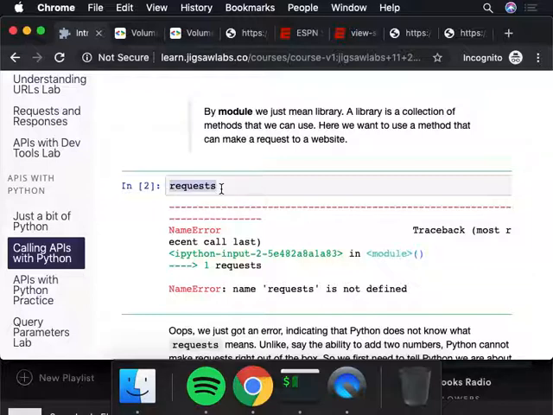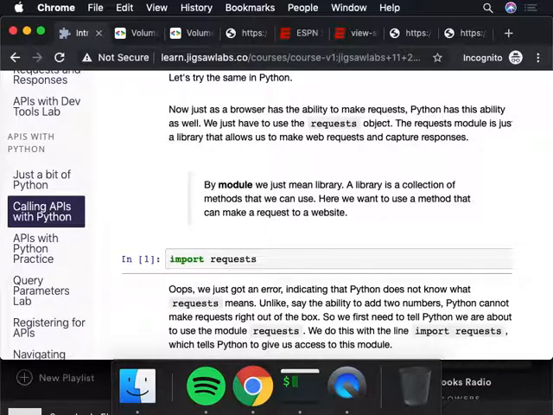So we want to make a web request to get back information, and we obviously are going to have to provide this URL. So to make a request, we type in import requests. The reason why is because in Python, we don't have the ability to hit APIs just out of the box. We need to use a library. It's not part of the standard library, but we can use this non-standard library called the requests library. So you do import requests, and then you press Shift Enter. Now what you've just done is you've loaded up the code necessary to hit APIs.